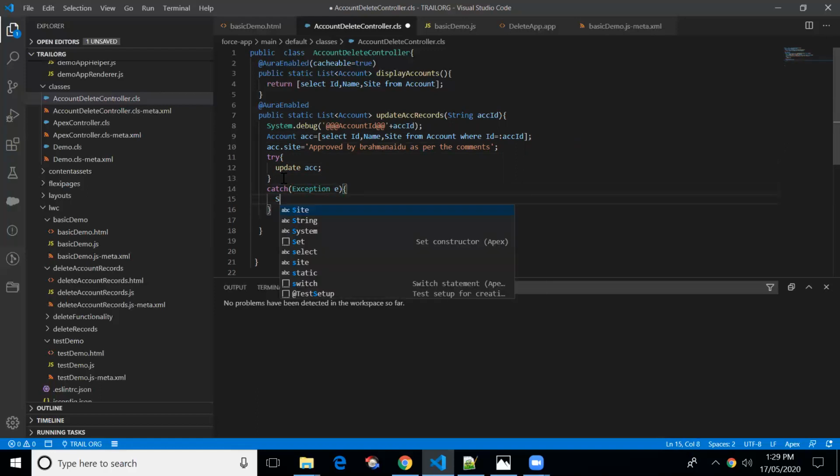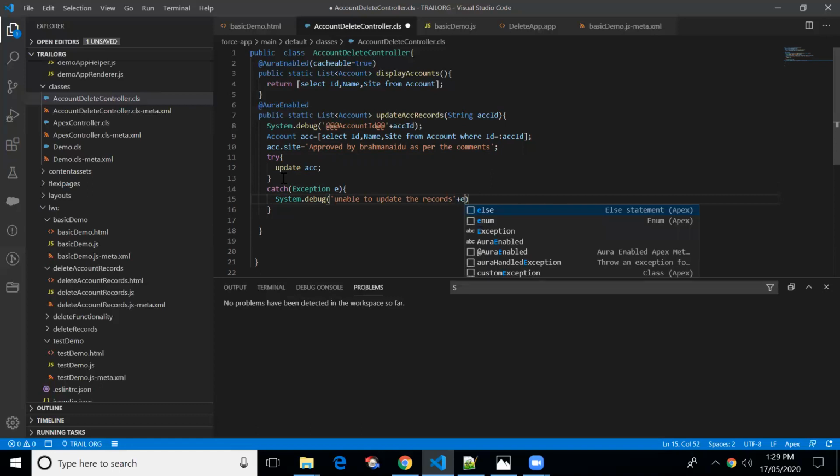Let me put a system.debug: unable to update the records. I want to know the message, and for that we have to put e.getMessage.